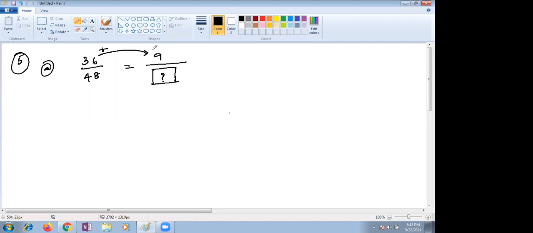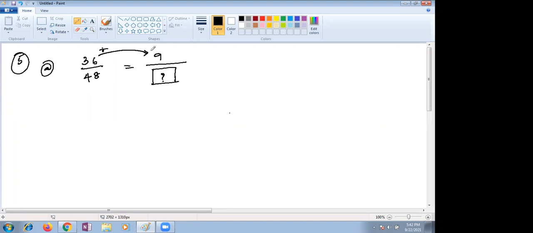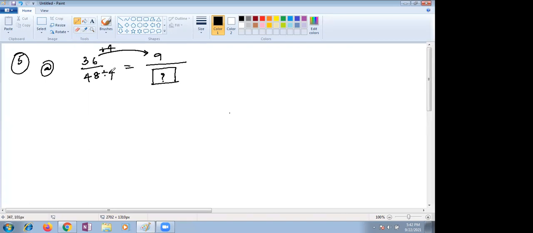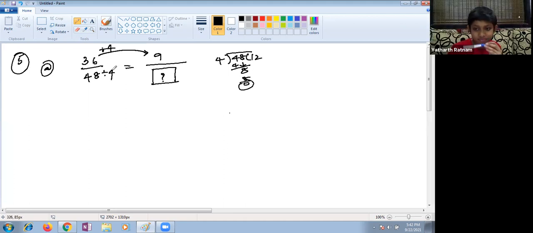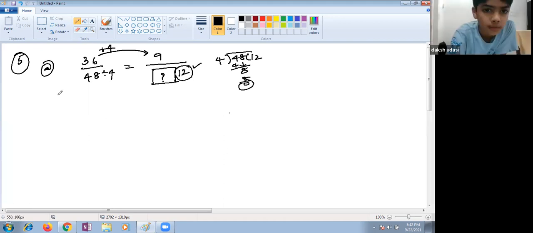That is important. In the 9 table, when do you get 36, Nana? That's 4. Very good. So you should divide by 4, the same number. If you don't know, you can also go with normal division, Nana. 4 1s are 4, so bring down 8. 4 2s are 12, ma'am. 12. So which is our blank? 12, ma'am. The 12, right.